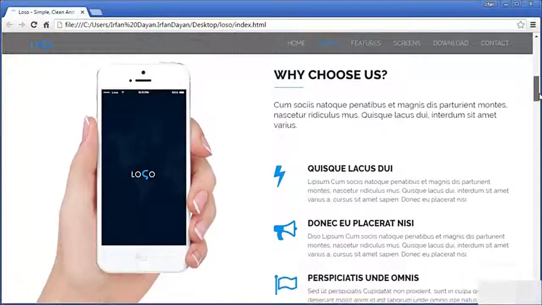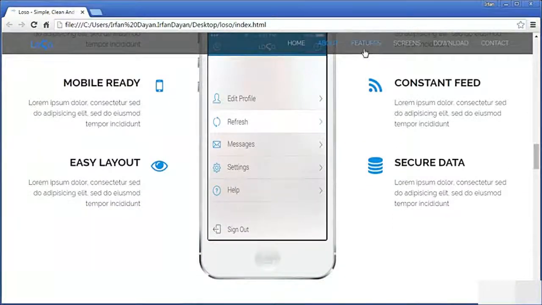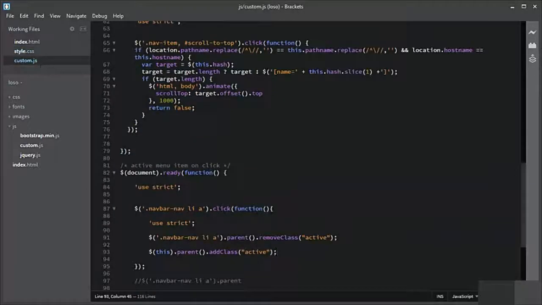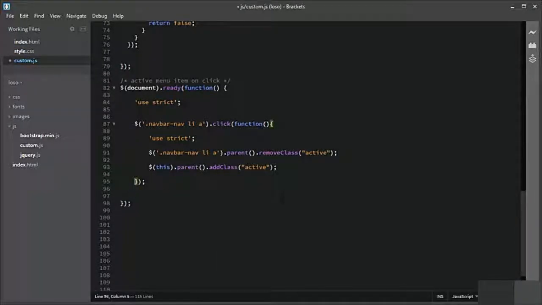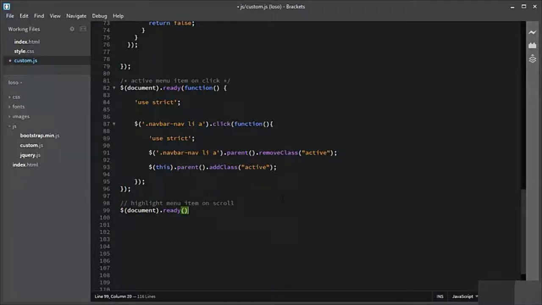Okay, let us add some more JavaScript. On the scroll, if you see, the menu item is not active. If I want to make the menu item active on the scroll, for example, if a user is on a feature section, the menu item feature should be active. Let us add JavaScript for this. Highlight menu item on scroll. I will add the document dot ready function, and inside that I will use strict mode,